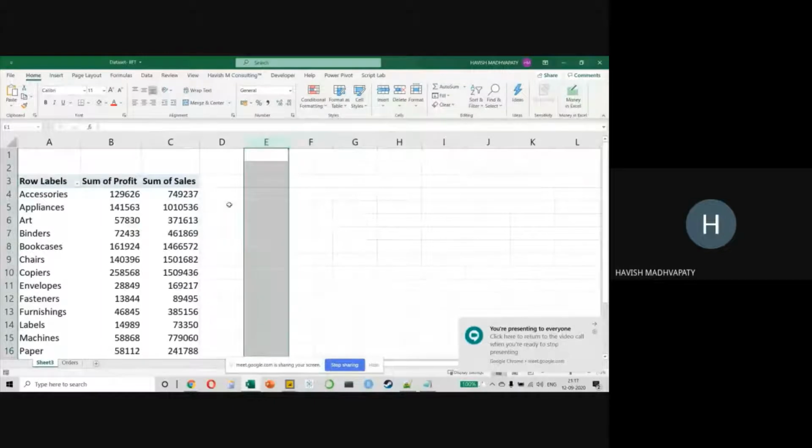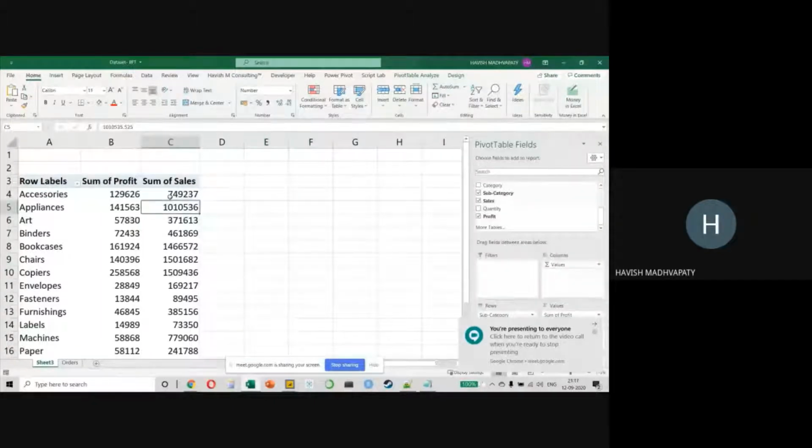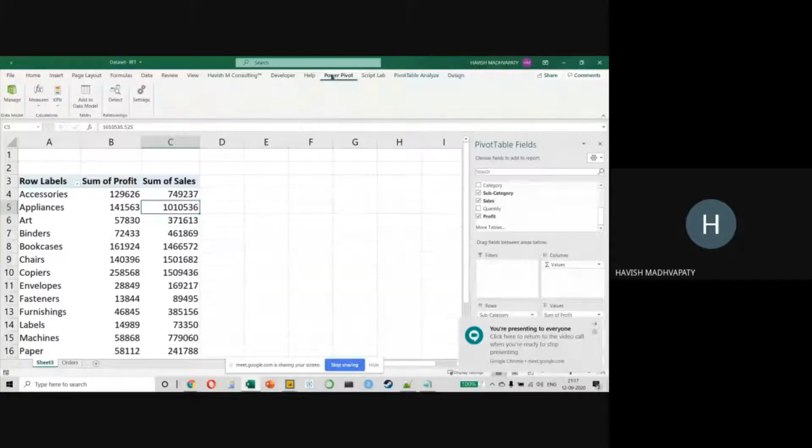So if you notice, what we do here is I have a tab called Power Pivot, right? Where my cursor is highlighted in the top right corner. Everyone, if at all there is a bit of lag in the screen sharing, or if I'm going too fast, just put it on the chat window and I'll pause a little bit, right? So I have a tab called Power Pivot. Now you guys will not have it on your system, but do not worry, it's a free add-in.